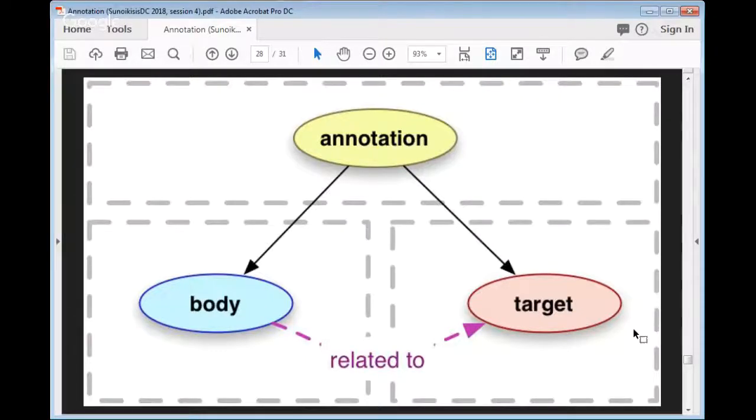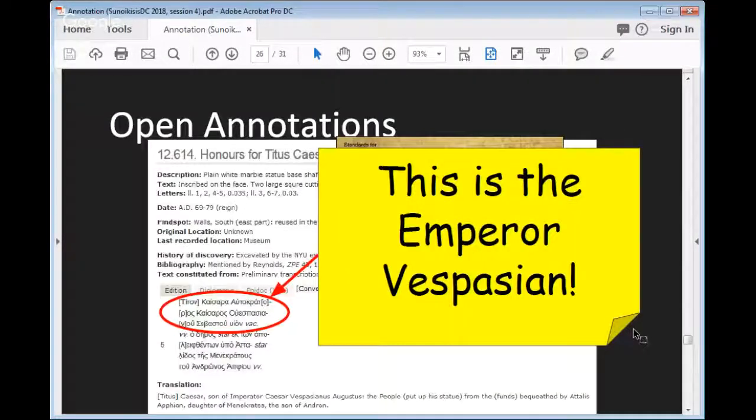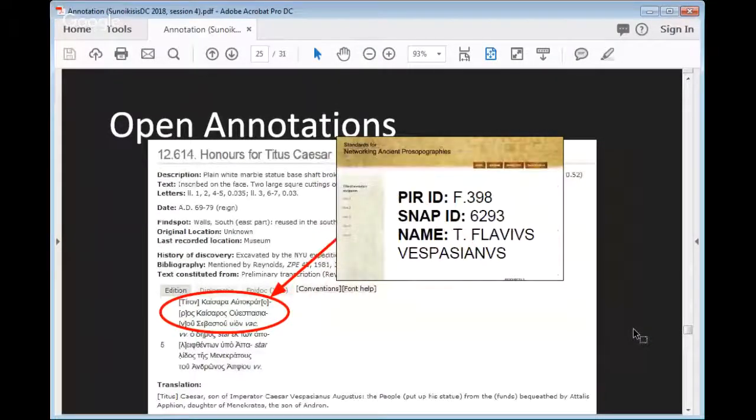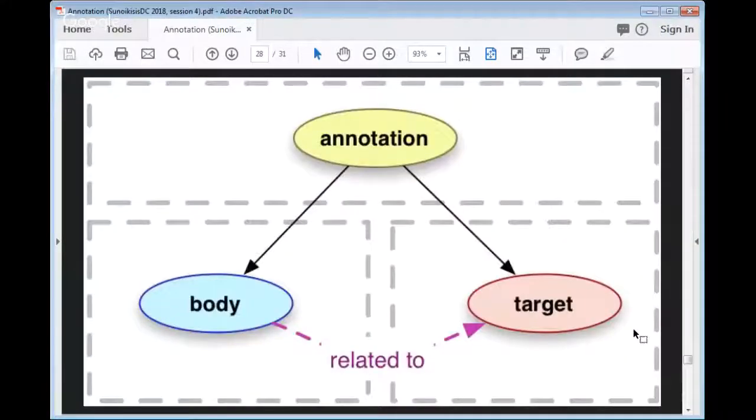So in fact, all the open annotation format is saying in the example that I showed earlier is that there's a relation between the Emperor Vespasian and these first 3 lines of the text. It isn't saying the person referred to in these 3 lines of text is the Emperor Vespasian. We kind of understand that that's what it means, but it's actually just saying there's a relationship between a page about Vespasian and a page about these 3 lines of the inscription.